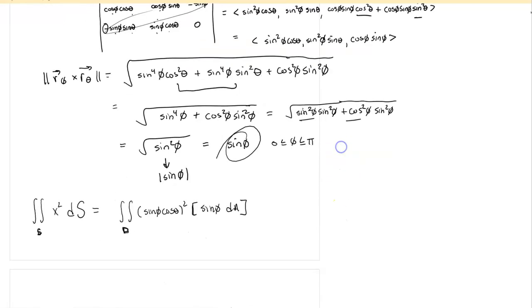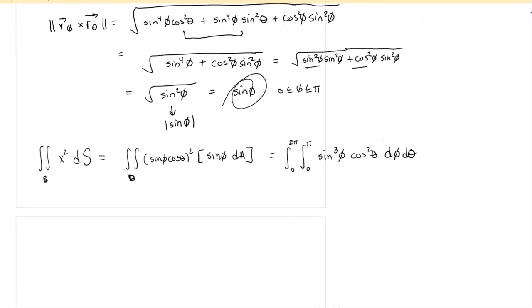That's just a rectangular region. So this is going to become the integral from 0 to 2 pi, 0 to pi of sine cubed of phi cosine squared theta d phi d theta. It doesn't really matter which one you do first. Because of the rectangular region, we can split this up into two integrals. So the integral 0 to 2 pi of cosine squared theta d theta times the integral 0 to pi of sine cubed